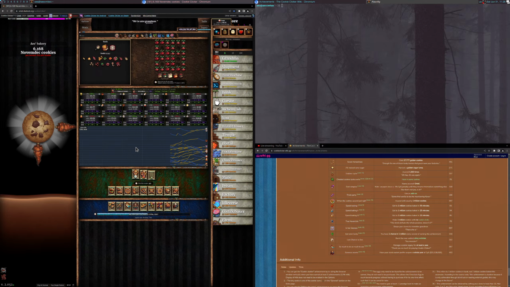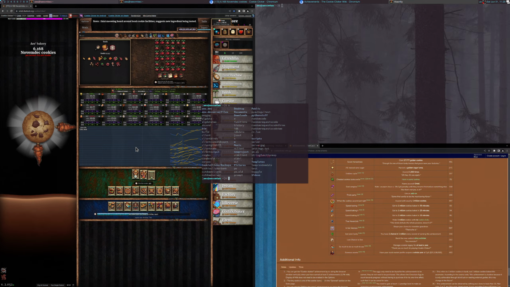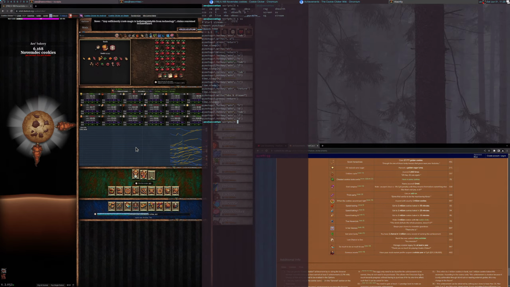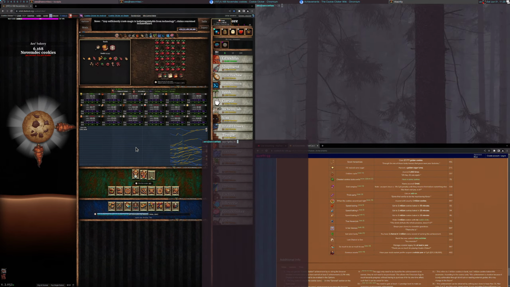Maybe I'll create a modified advanced version of this script that is just for Cookie Clicker, I guess. Anyway,